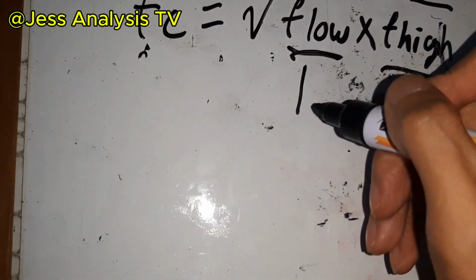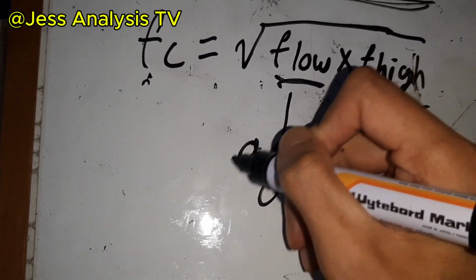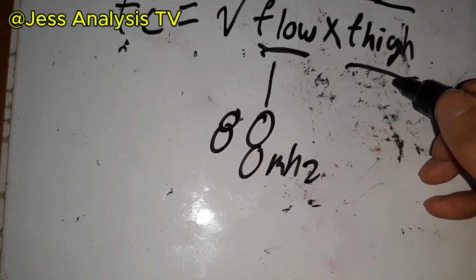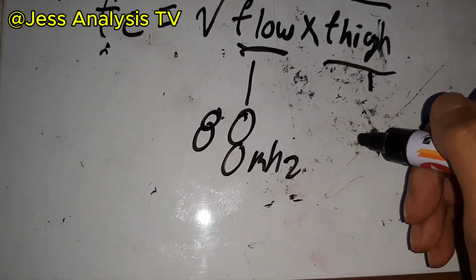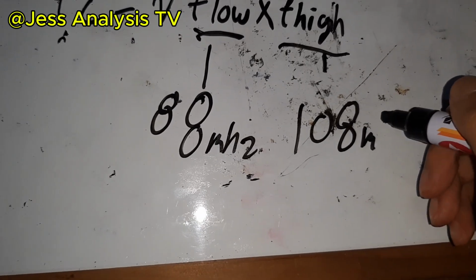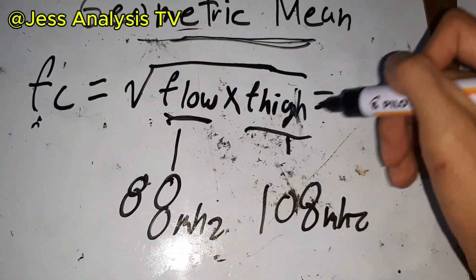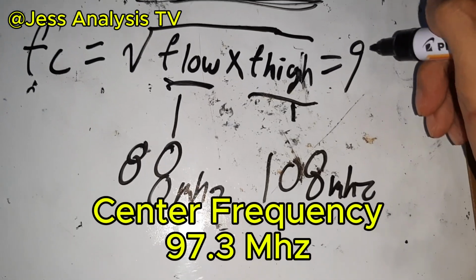F low is 88 megahertz, and the highest frequency is 108 megahertz. The center frequency is 97.3